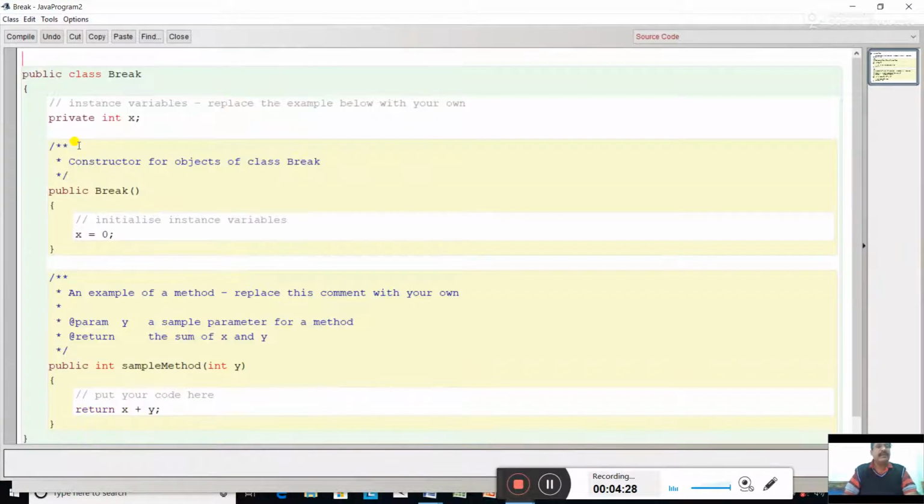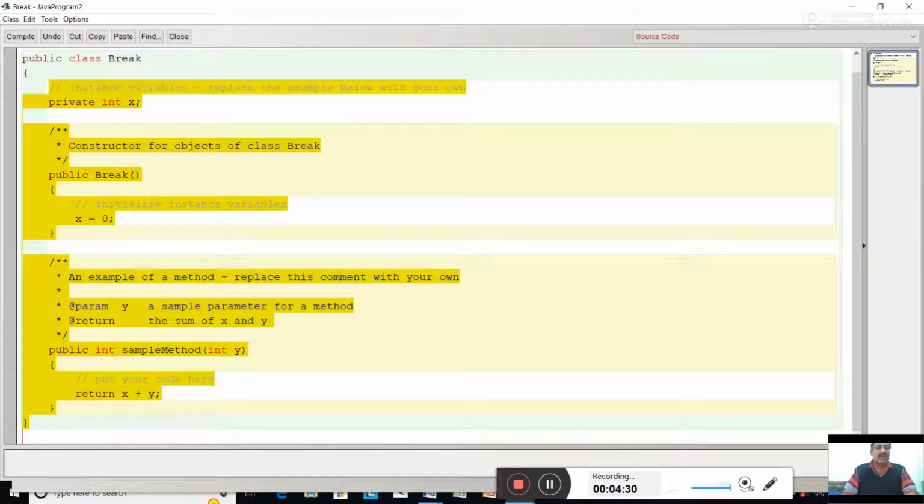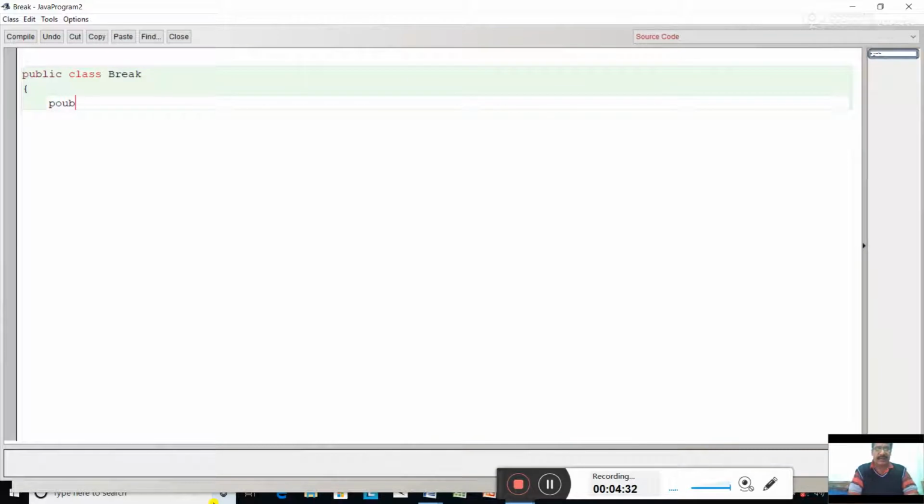Import is not required. Start the program from the public line: public static void main string args.